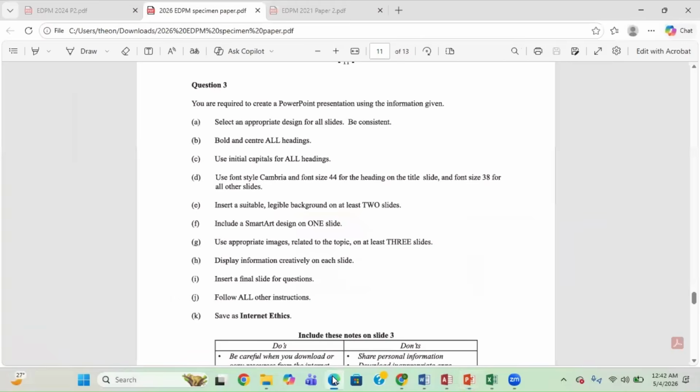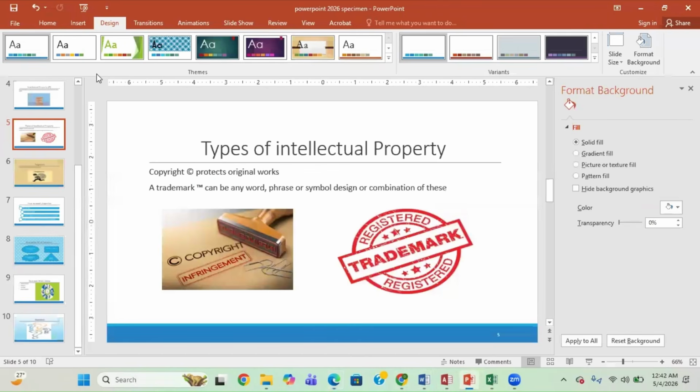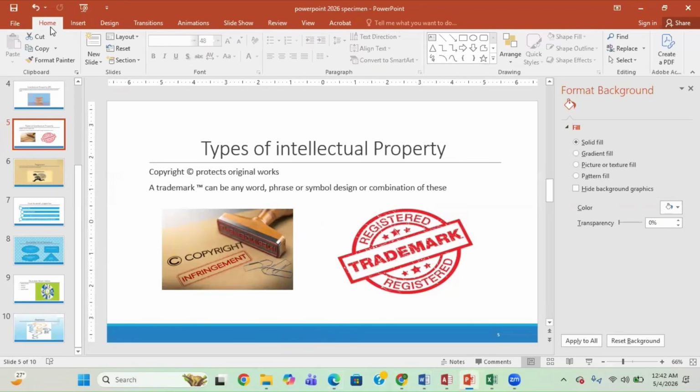One more thing I wanted to show you. No, two more things. So how to insert the slide number and also how to do the SmartArt. Yes, SmartArt graphic design. So for the SmartArt graphic, let me just do that firstly. For the SmartArt graphic,